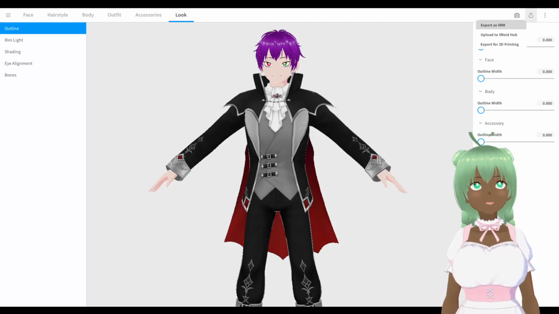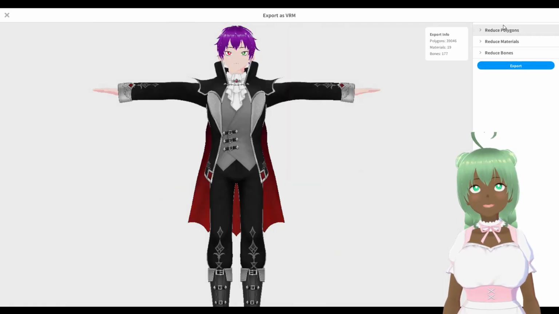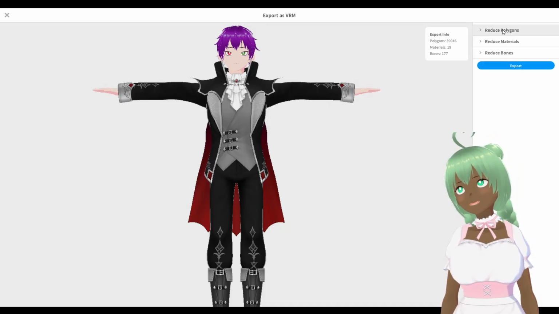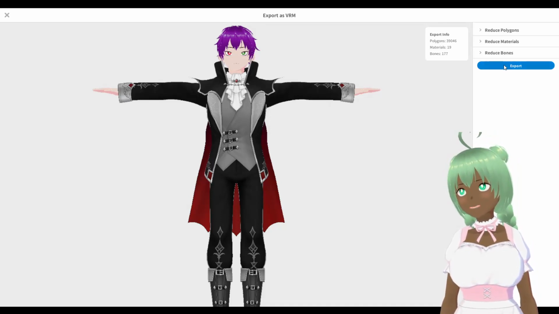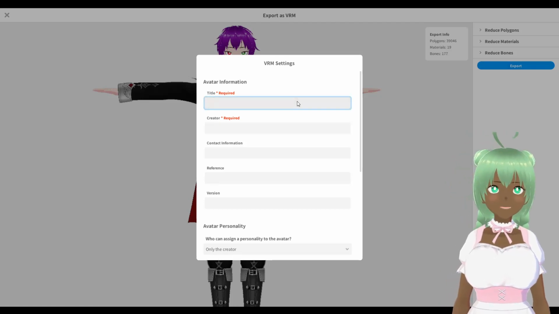Like I said, it does take a while for me. It's saying it's not responding. Just don't touch anything and let it do its thing. Then there's a bunch of stuff here. I don't really know what it does. So just export. And then you want to put a title. In this case, I just put